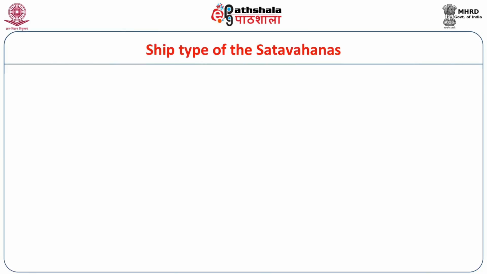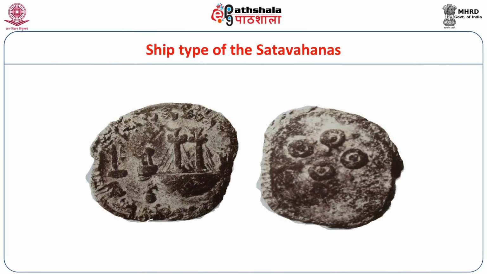So apart from the region-specific coins and the universal coins, you have a few very typical kind of Satavahana coinages which were actually unique. And you have to mention the ship type coins of the Satavahanas. They issued a kind of coinage where you can see a large ship and several other watercrafts in the backdrop. So this gives you kind of a seascape where the large ship was actually embarked in the sea and the small boats were plying towards the large ship. So this coin is actually found from the eastern coast. The Satavahanas were active in the western coast, but it's very interesting that the ship type coin is actually found